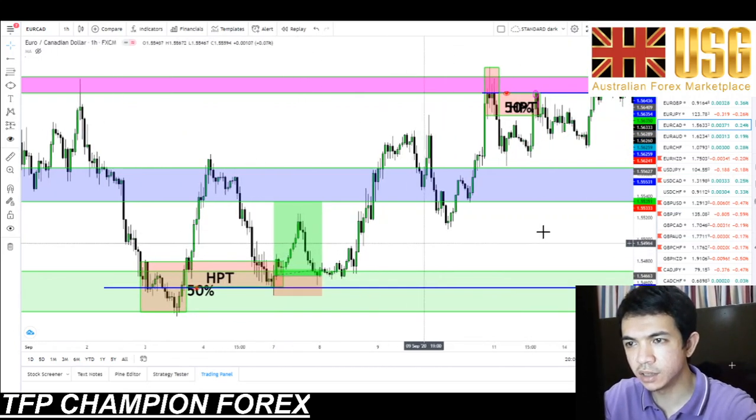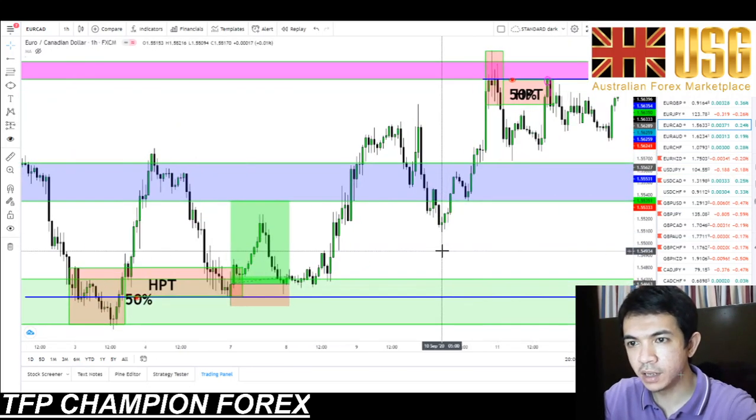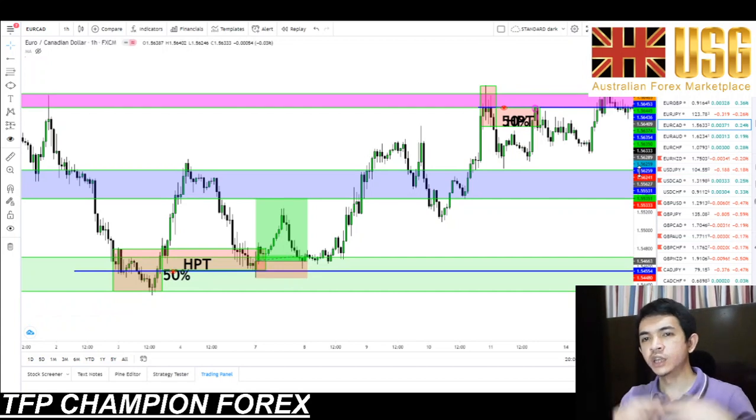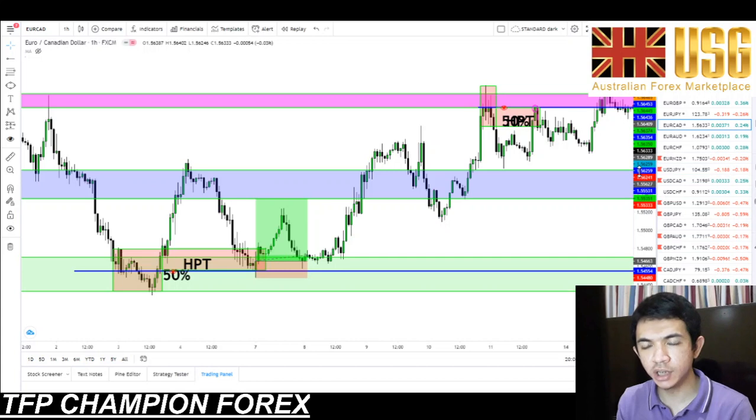As simple as that. You don't have to complicate things. And again, this is just a beginner strategy on how you can use a variety of logic and a variety of strategies in your trading. But nevertheless, all you have to do is stick to your trading plan, always have proper risk management, and know that there's no 100% system in trading. All you have to do is be smart, manage your risk well, and